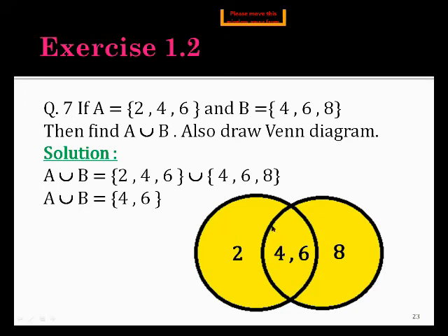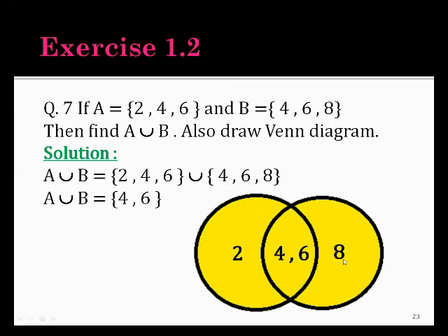Now here's the Venn diagram for these two sets which are overlapping with each other. Now we have to draw two circles which are representing the set A and the set B. In this portion we have to write those elements which are present in set A only. As you see, 2 is present in set A only, 2 is not present in set B. And in this portion we have to write only the elements which are present in set B only. So as you see, 8 is the only member which is present in set B, not in set A.